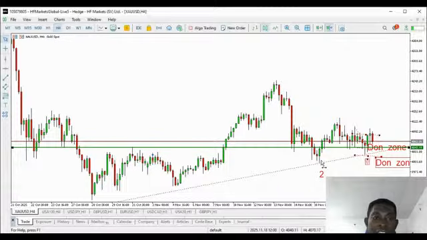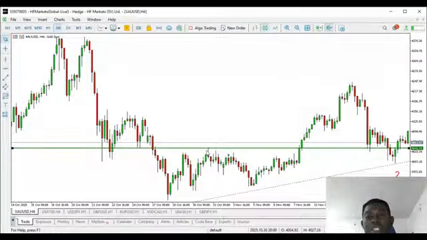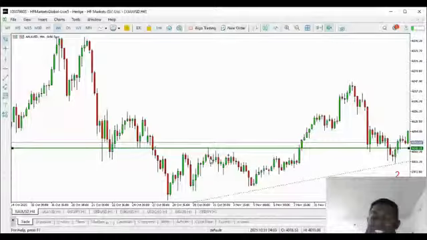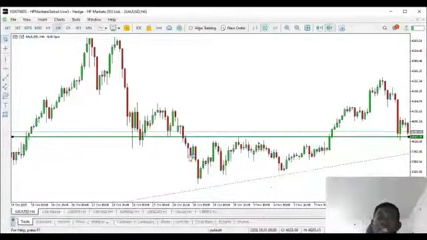Because what has happened here, in the future, I'm seeing another candle. This candle is a shooting star. It's almost looking like a gravestone doji that tells you to sell, but it's actually a shooting star. Okay? It's an inverted pin bar. When you see that at a resistance, and then it's selling. If you had entered here as a conservative trader, then price goes down, and you'll have made your profit at the first. And I told you your take profit will be your previous